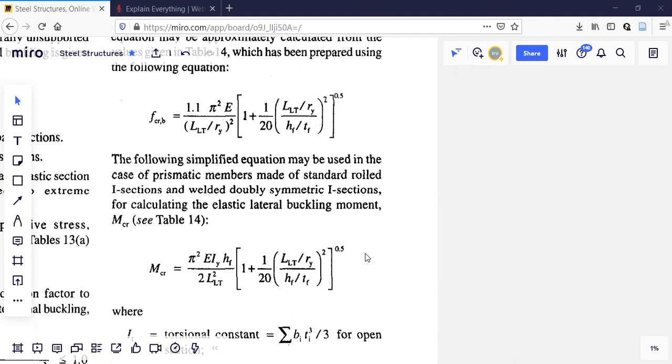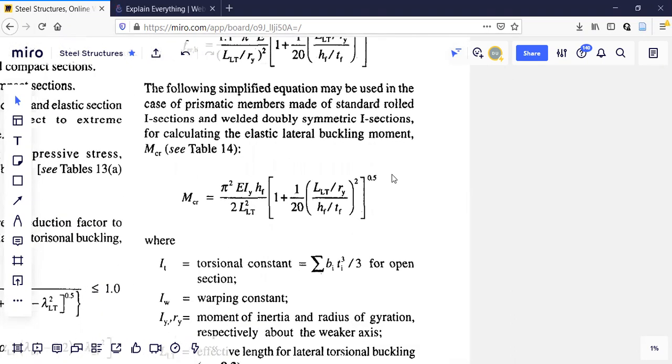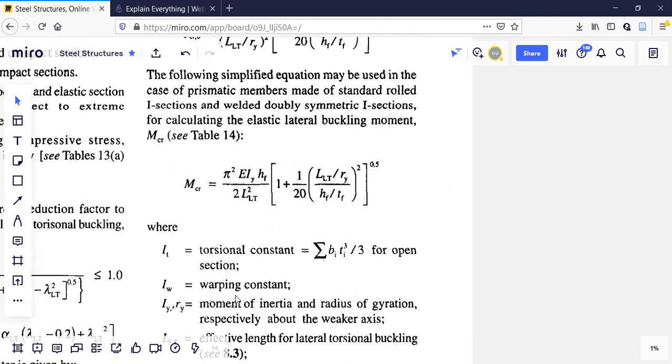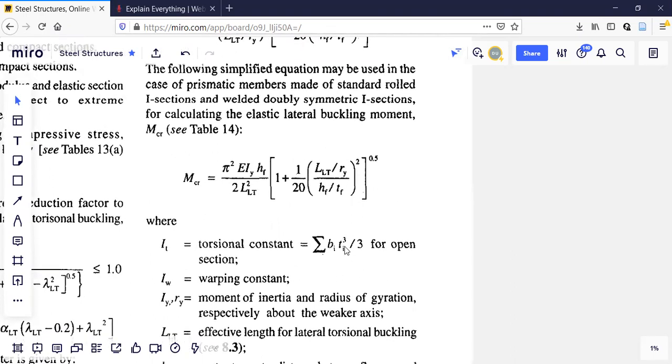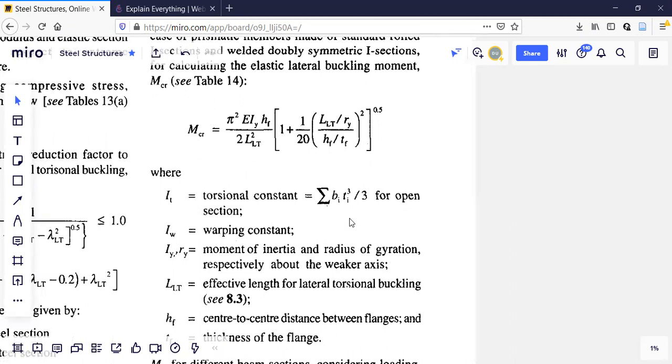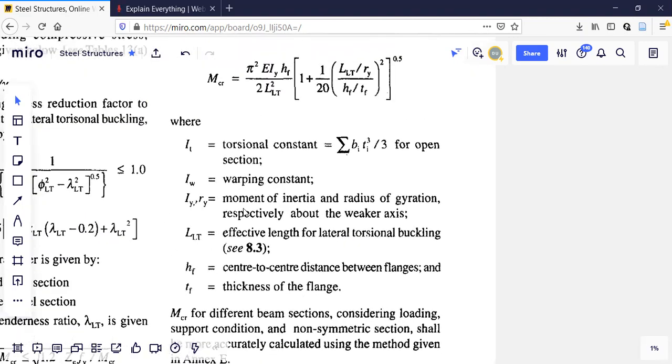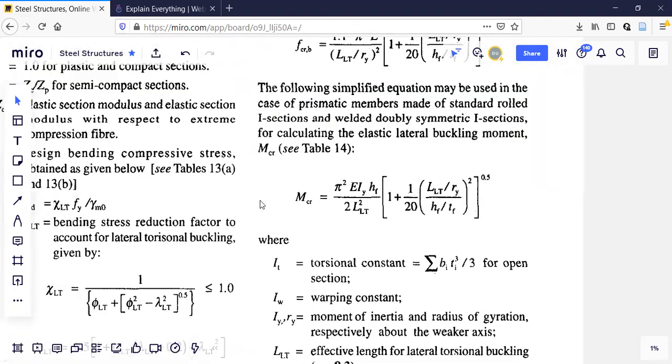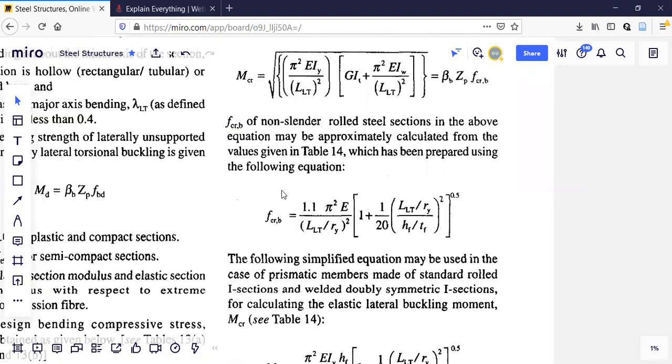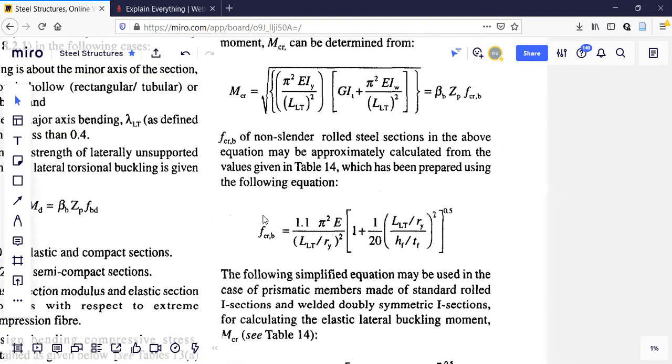If you think that whatever method I used earlier is easier than this, you follow that one. There are so many calculations here. The warping constant is there, the torsional constant is there, some extra calculations are there. Those are not actually difficult, but let us see that method, that is, how do we calculate?